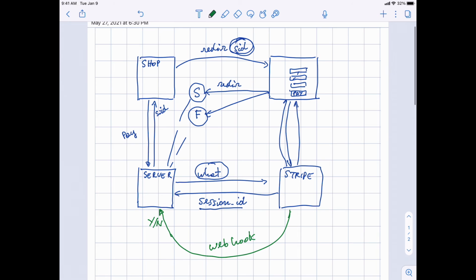So now let us go to the implementation of this little dance. The little dance begins with 1, I want to pay, 2, I get a session ID, and 3, I redirect to that session ID, and then 4, I have to intercept. This is from the point of view of the browser. And the server, when it gets the signal that you want to pay, has to tell Stripe and get the session ID. So let's see how this little dance works.